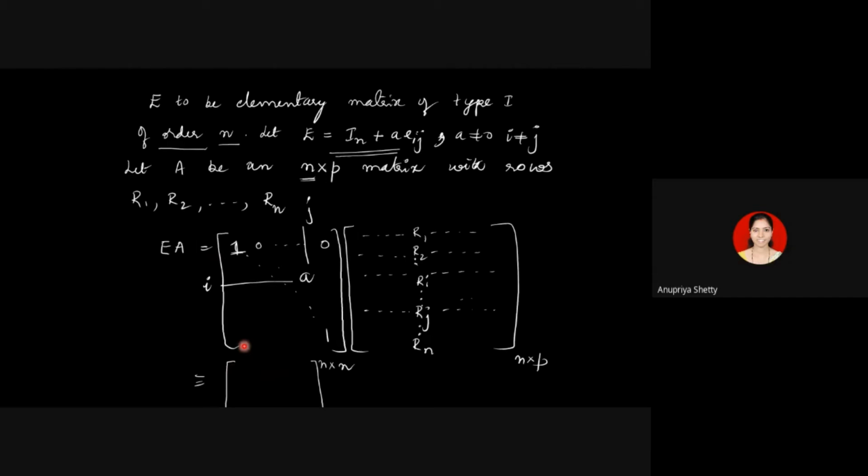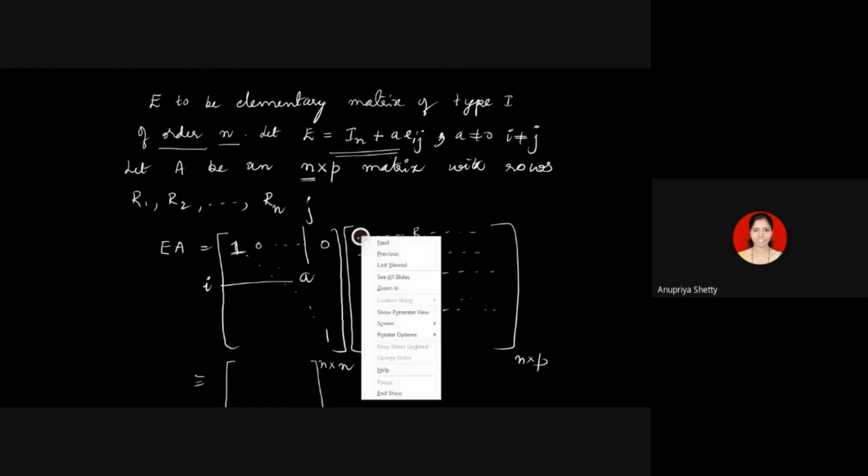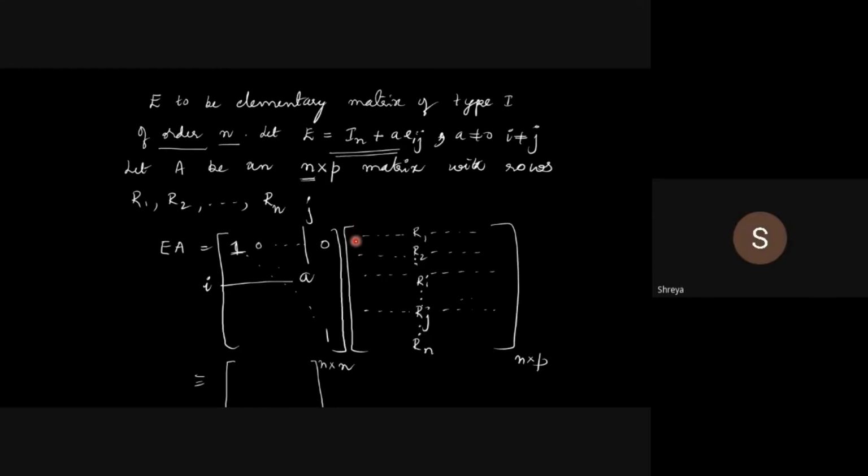Let me ask Shreya. Shreya. Yes, ma'am. When this row is multiplied with the first column, which entry will appear? 1 into P, 1 into P, what is B? P is the order of the matrix, right?